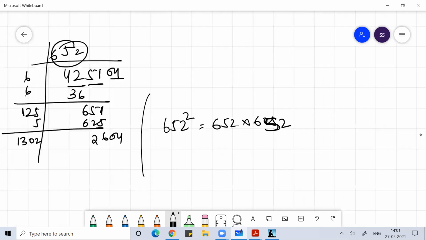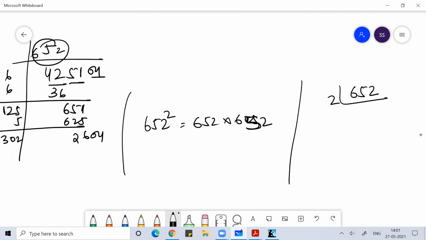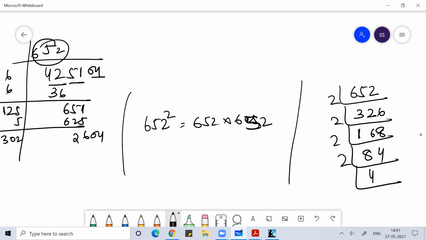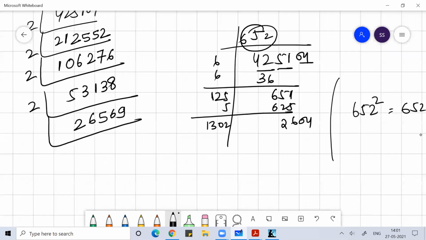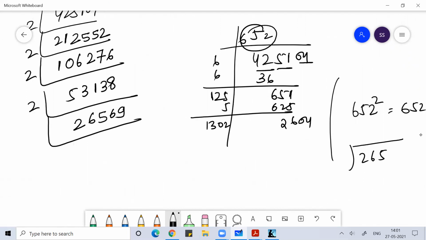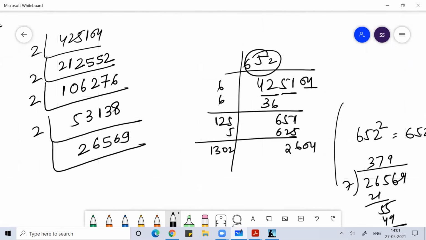652 का फैक्टर्स निकालूं मैं। ये 2 से गया 326, फिर 2 से गया 163, फिर 2 से, 84, 42, 21, फिर 7 से जाएगा। ये नंबर 7 से जाना चाहिए। 7 3 जा 21, 7 7 जा 49, 7 9 जा 63 होता है ना, तो 39 3 से नहीं आ रहा। कैलकुलेशन मिस्टेक है।